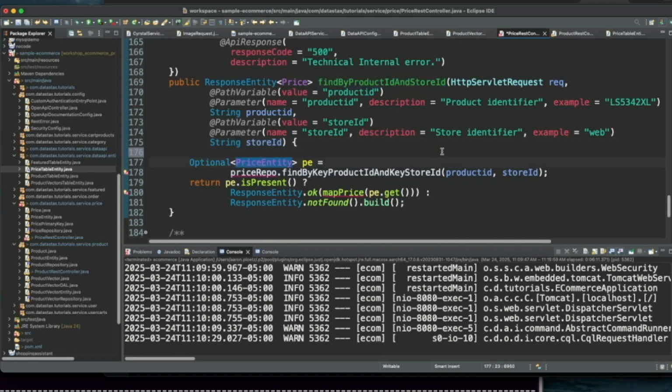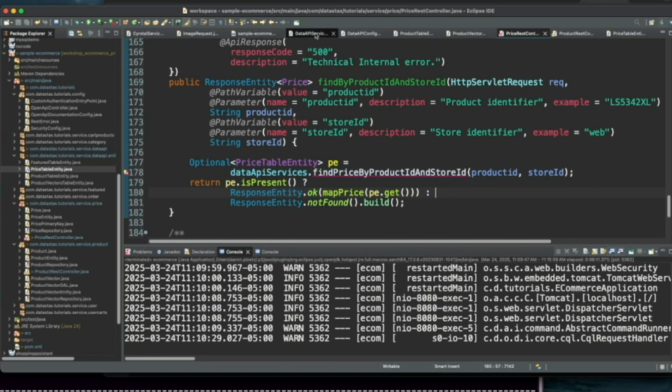So for starters, we're going to have the price table entity be our new product entity. And let's get rid of that. And we're going to say data API services, find price by product ID and store ID. So we can just do that. Okay, now it's probably complaining here because that doesn't exist yet.